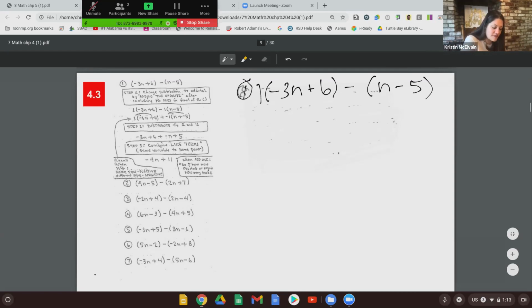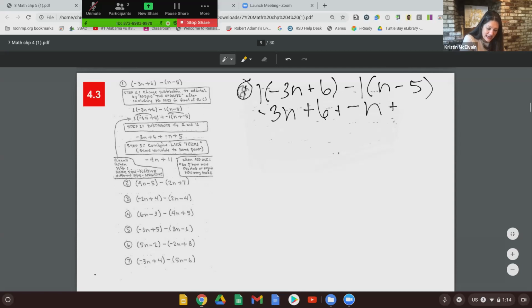Okay, so our first set is times a +1, and the second one is times a -1. So it's easy peasy for the first one. 1 times -3n gives us -3n plus 6. And then we have a -1 times n gives us a -n. And you'll see that I'm just going to add each of these terms. So, but I'm going to add a -n